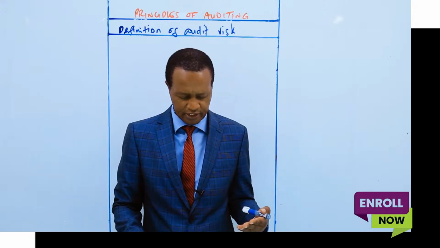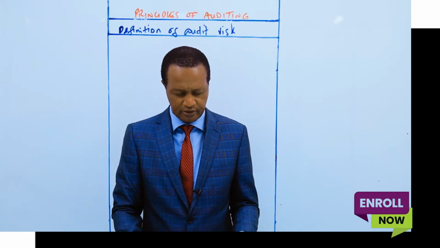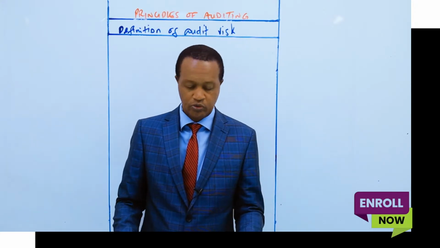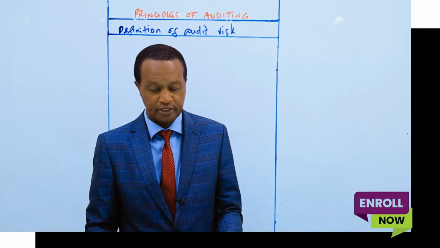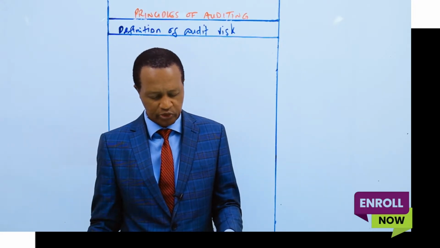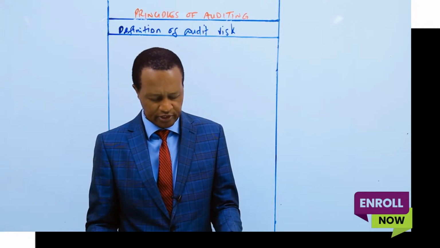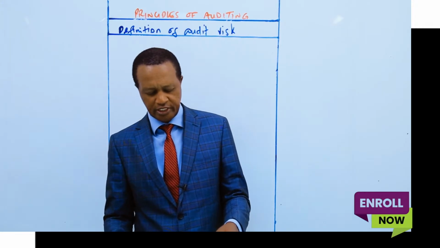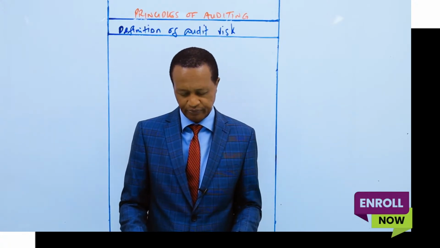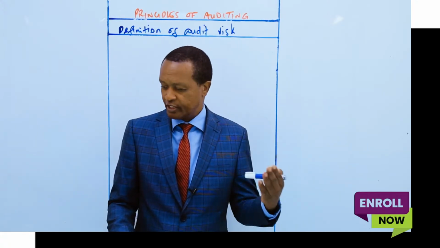This chapter has 4 sub-chapters. 1 is audit risk, 2 internal control system, 3 errors and frauds, 4 differences between error and fraud. So we begin with the first